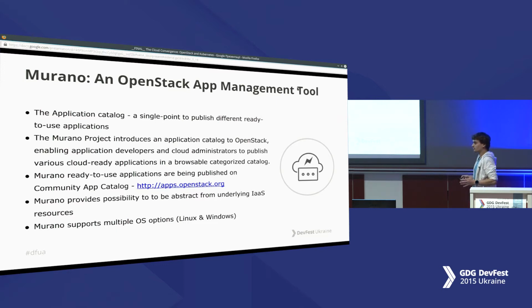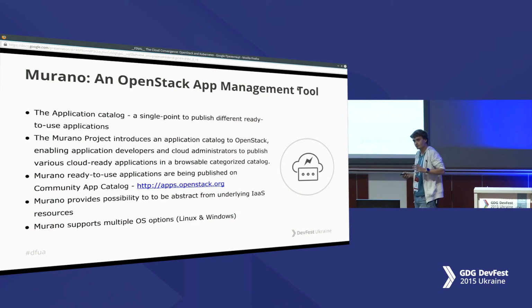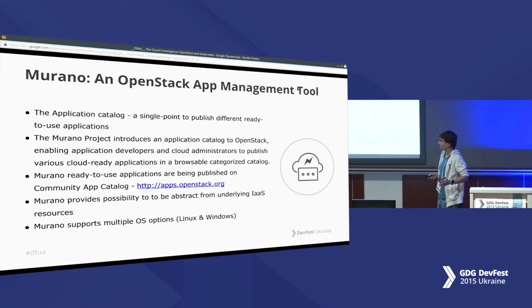Murano is an application catalog like the Google Play Market, for example, where different applications are located, and you may use any of them, and in half an hour, in a few clicks, you will install them on your cloud and extend it.